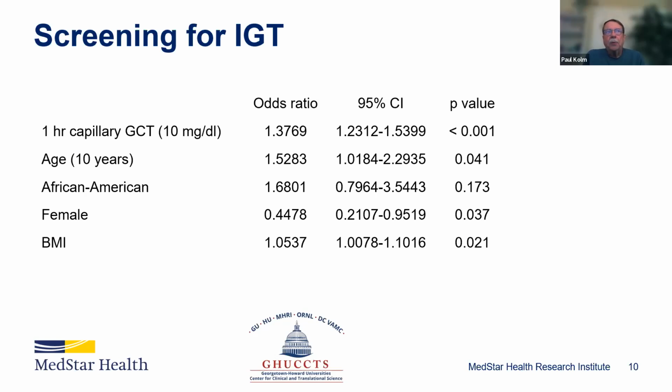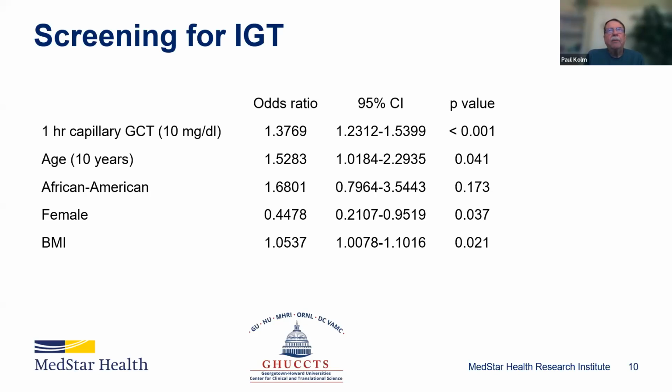And so then we would rerun the analysis with just the 4 variables in it, the capillary GCT, age, female, and BMI, and see what we get. And if one of these turns out to be not statistically significant, then we would take that one out and compare it to the larger model, and so forth until we got down to the point where we couldn't eliminate any other